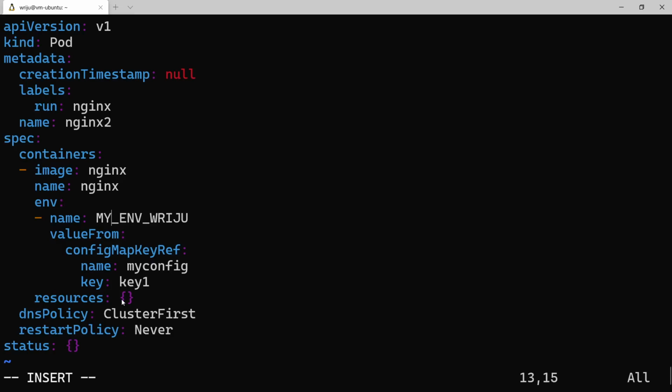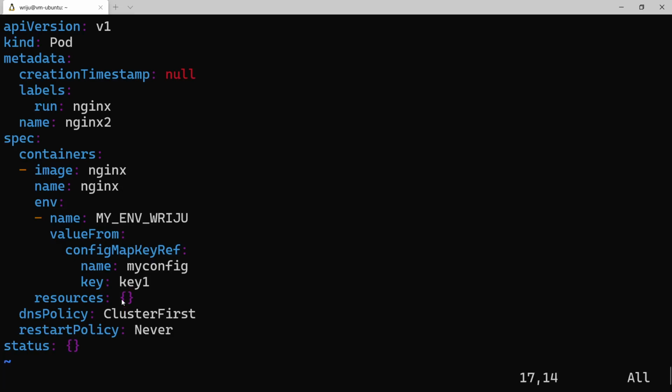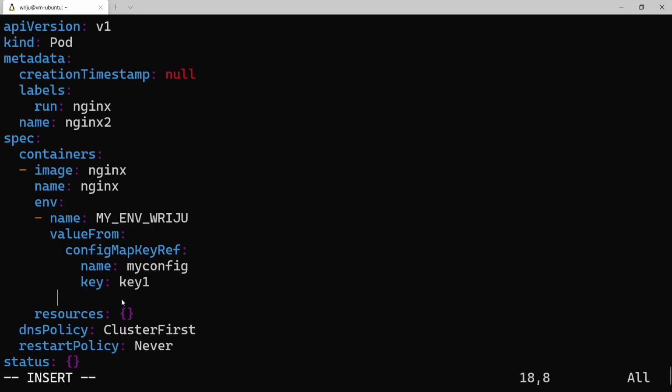And then if I have to create one more environment variable, I can add it over here, right? Let me just say I want to add it here, and I will add one more environment variable. So this time I'll say name env